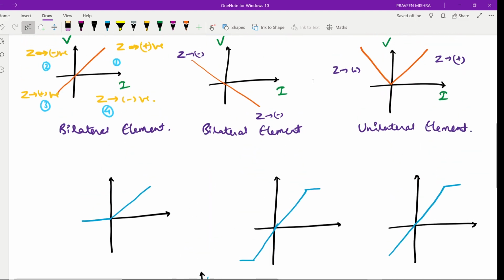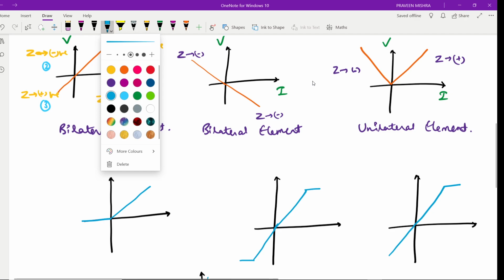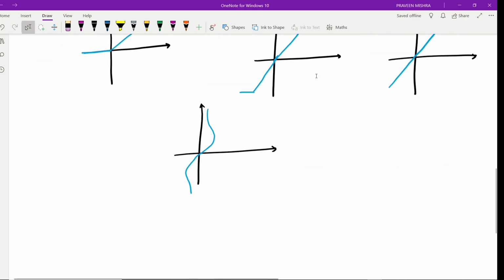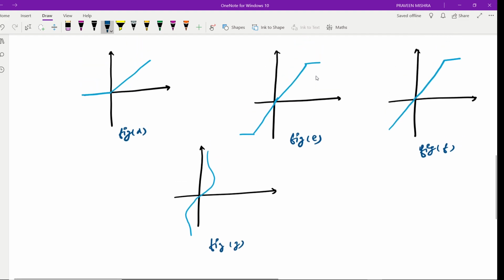If we are considering this one, it will be figure A, figure B, figure C, figure D, figure E, figure F, figure C. Here, the type we are considering has y-axis V, I, V, I, V, I, V, I.